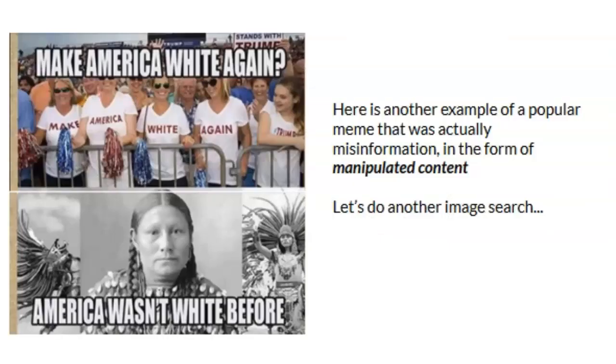So here's another rather inflammatory image. Who has seen this image circulating on Facebook and Twitter? I know I have. I've seen it shared numerous times, actually. And I wanted to have a closer look in case this was yet another example of manipulated content with a purpose. So I did a Google image search by right-clicking, just the way I showed you. And you can also do it on your phone if you download the reverse image search app, and that can come in really handy. So this is an example of manipulated content. Let's do another reverse image search to find out where these images exactly originated and if they're real.